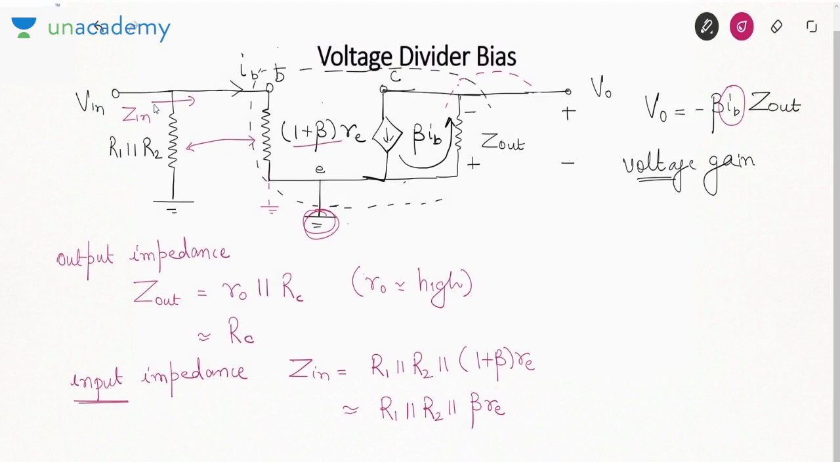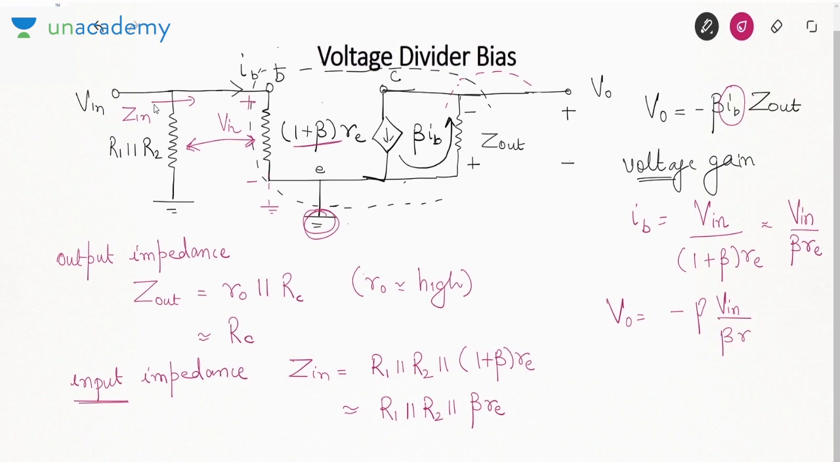This IB is the current in the resistance 1 plus beta Re. So how can you write IB? Since these two resistances are in parallel, the voltage across each resistance is V in. So IB is V in over 1 plus beta Re, or you can say V in over beta Re, which means V naught is, if you replace IB by its value, minus beta V in by beta Re into Z out. So this gets cancelled. So the voltage gain V naught by V in is minus Z out over Re,